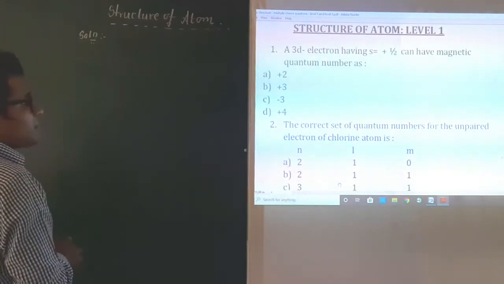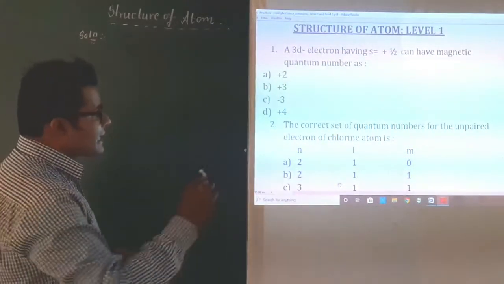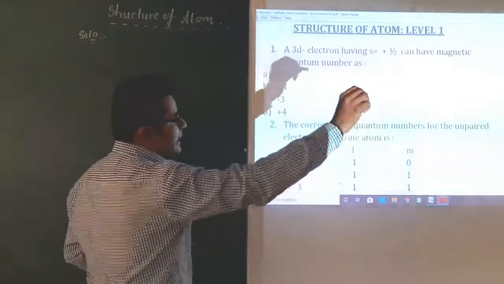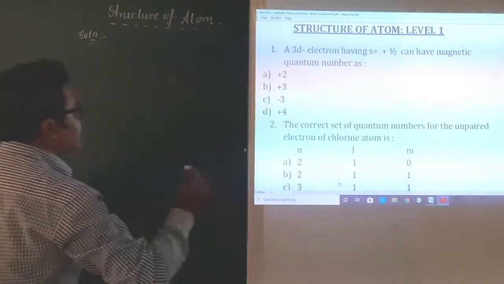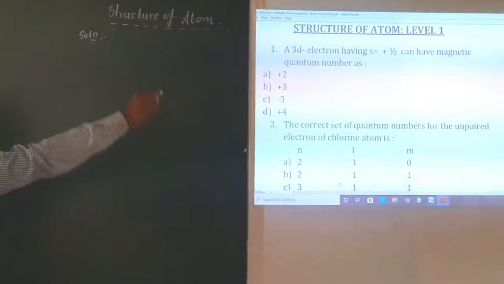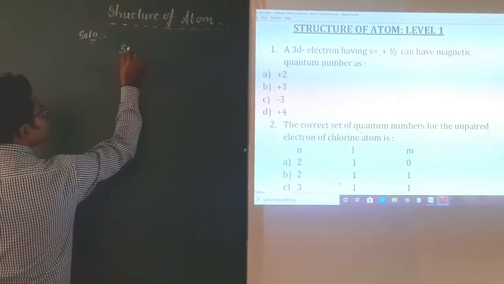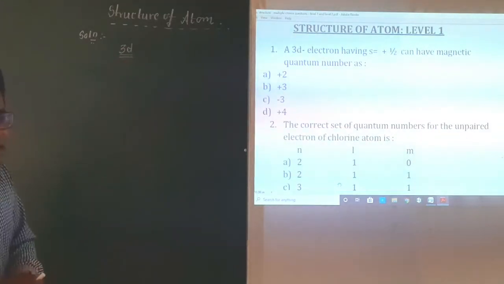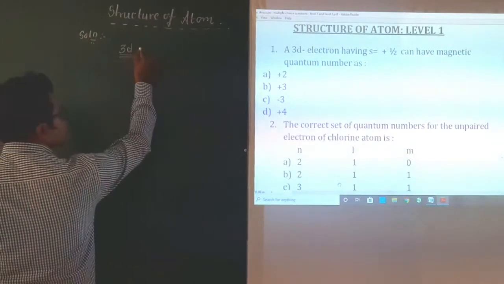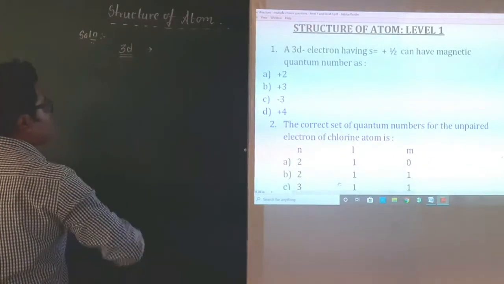Now, we are speaking with respect to the 3d electron, right? So they are asking how many electrons can have the value of s equal to plus half in a particular magnetic quantum number. Okay, so when we are speaking about 3d orbitals, we need to understand what the magnetic quantum numbers are for this. The magnetic quantum numbers available for the 3d type of orbitals, if you remember, are